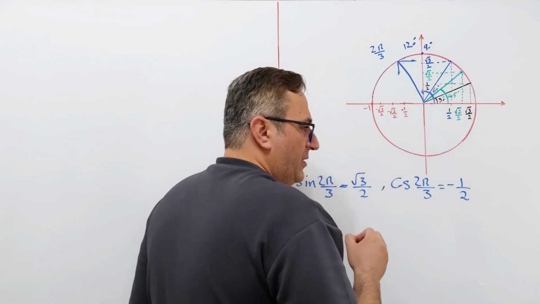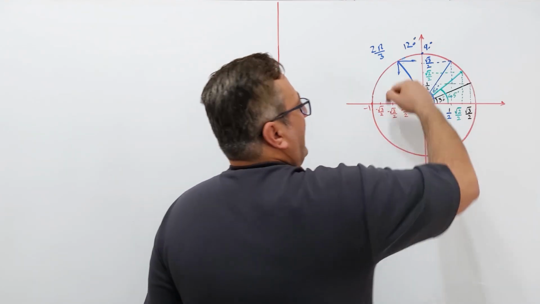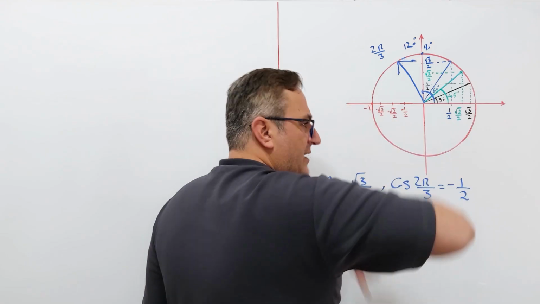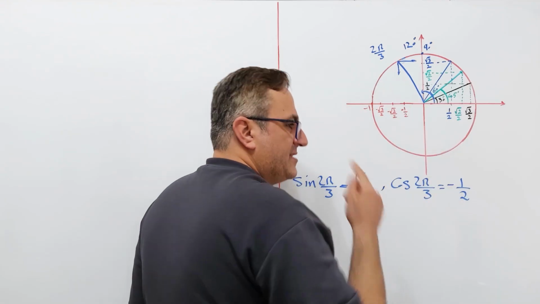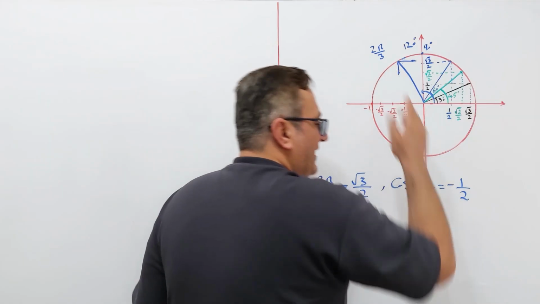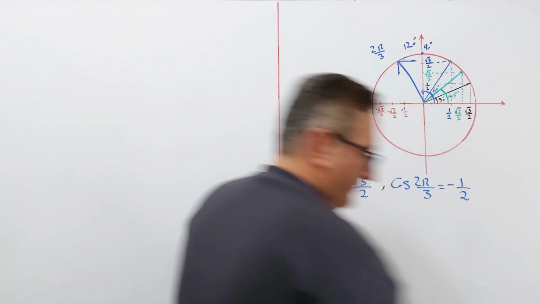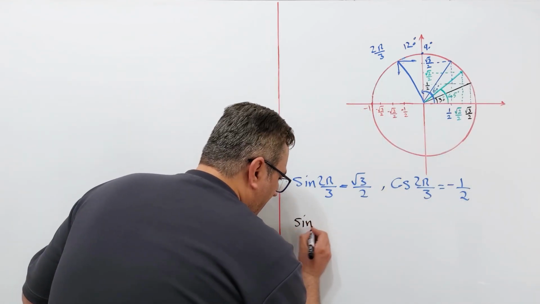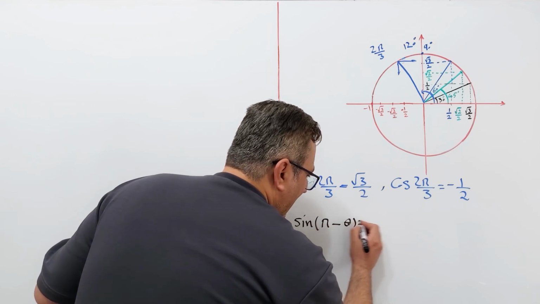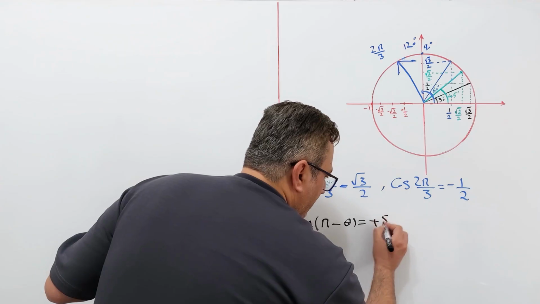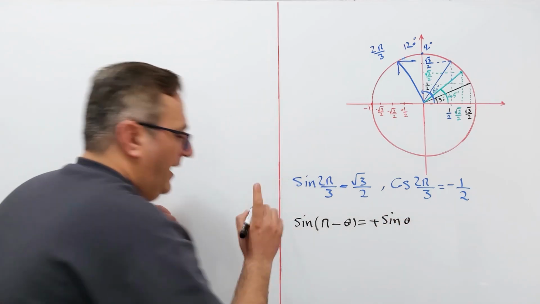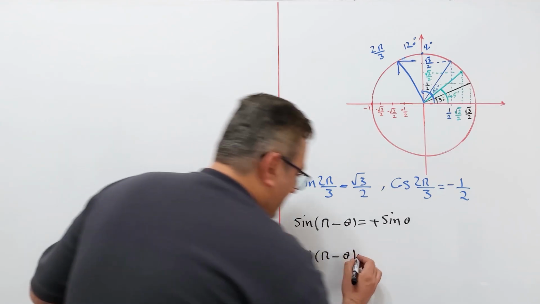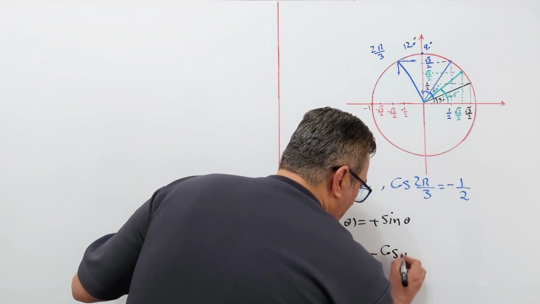Okay? And if you remember, in the previous video we said that in the second quadrant, sine is positive, and cosine in the second quadrant is negative. Okay? And we said in the previous video, sine of pi minus theta is equal to positive sine of theta. Alright? And cosine of pi minus theta is equal to negative cosine of theta. So,